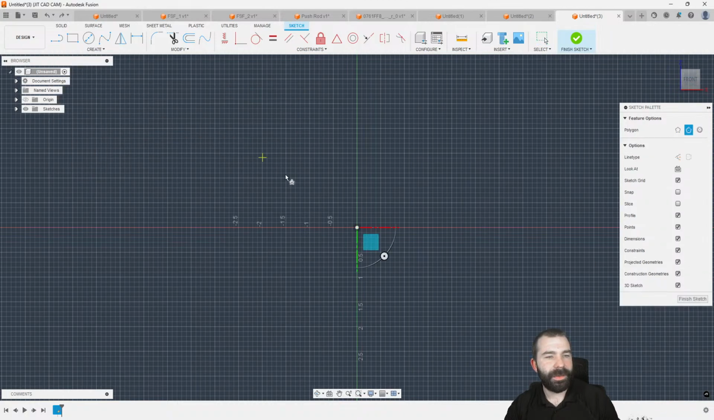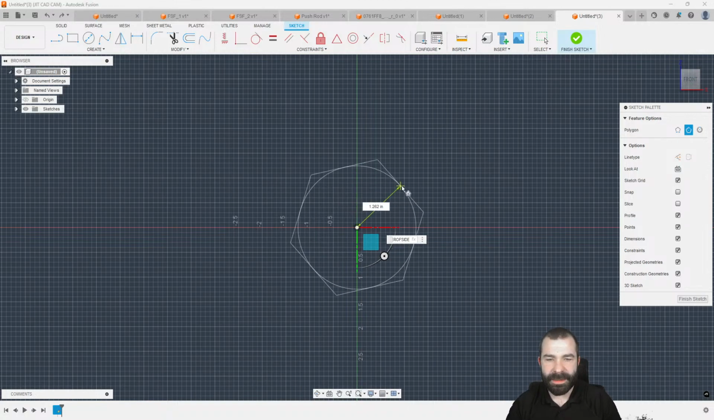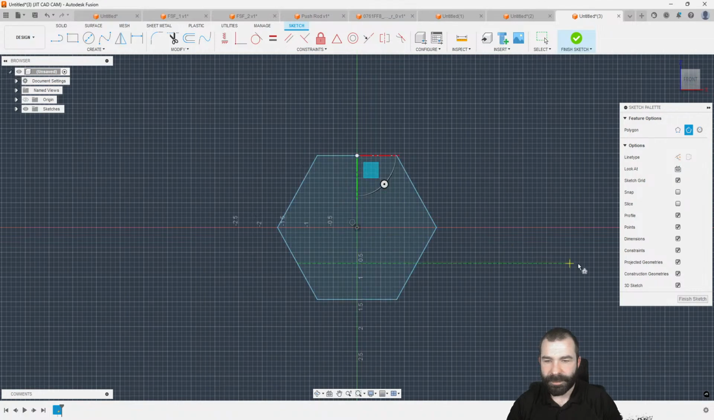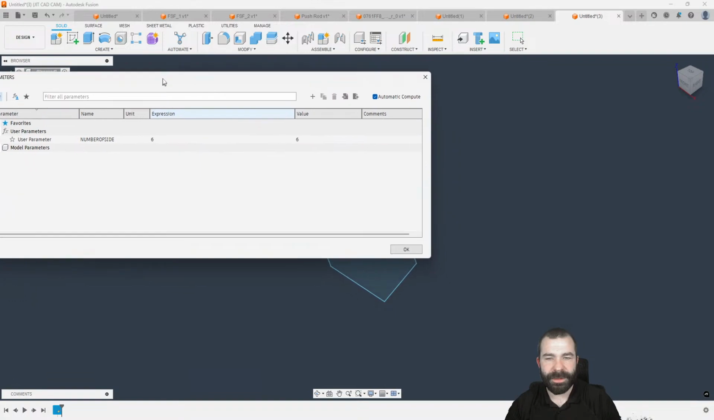We'll get it one of these days. We'll hit the tab key. Number of sides. And if we go back and we change the parameter number of sides